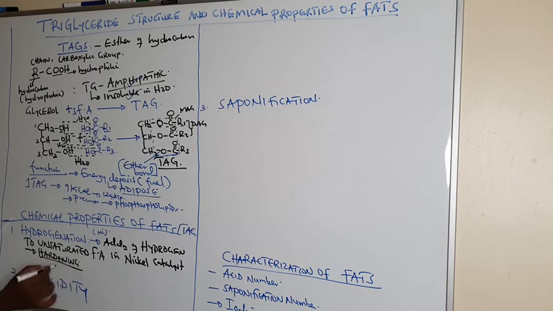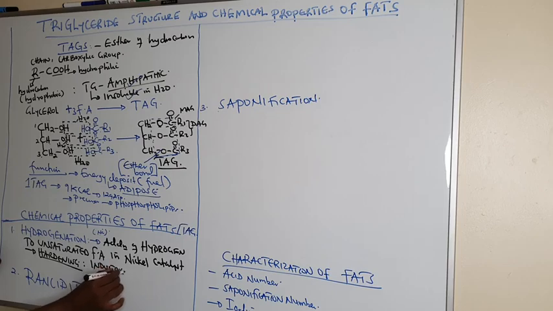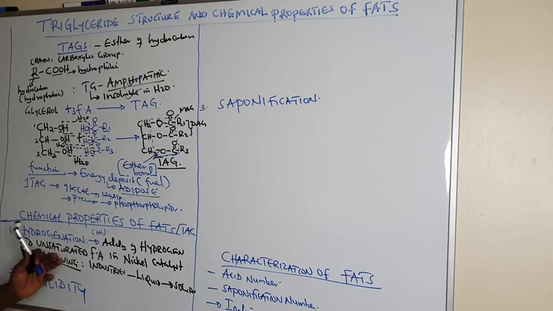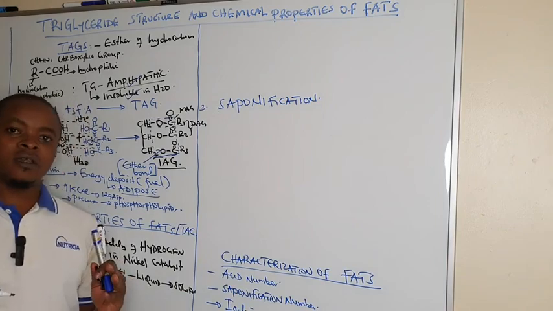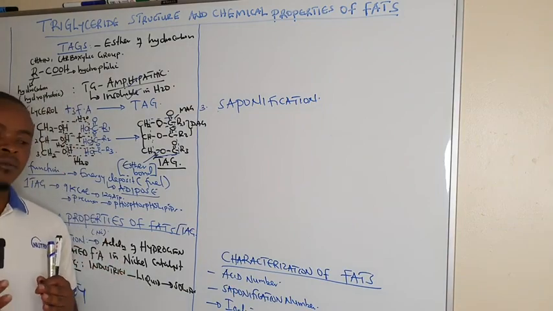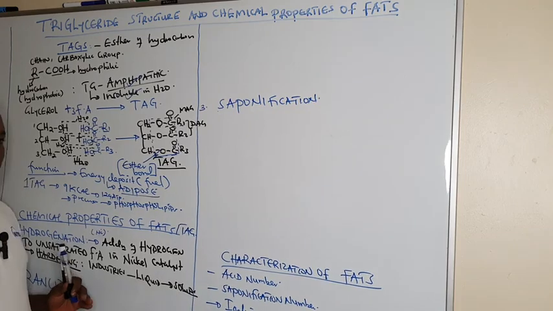And this hydrogenation process is used commercially in industries to convert liquid oils from plants to solid. For example, we can get oils from plants and we harden them into solid form,